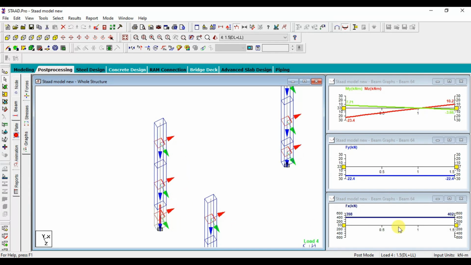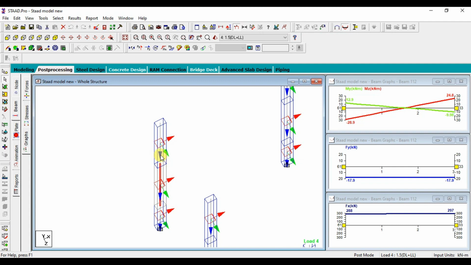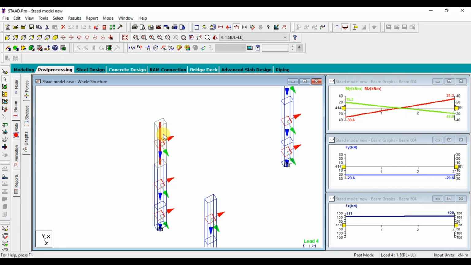So here we have 402. This is the factored load. You can see the load case here is 1.5 times dead load plus live load. So this is the factored load. We need to take out the moments now. If you see here in the bottom floor, the moment is a little less, and it keeps increasing as it goes to the upper floors.